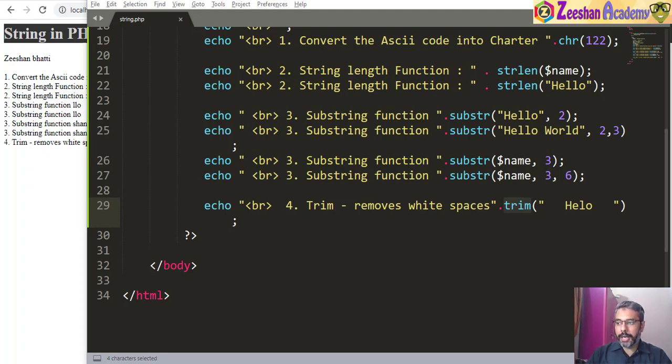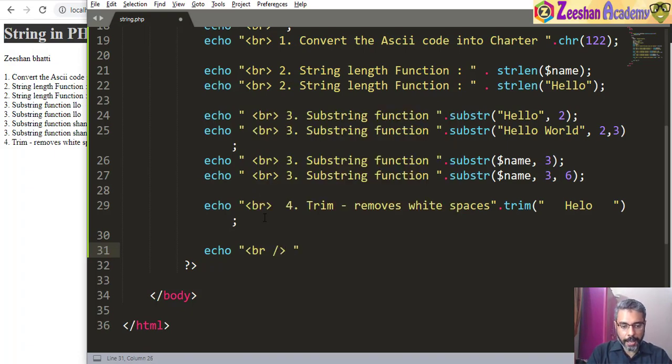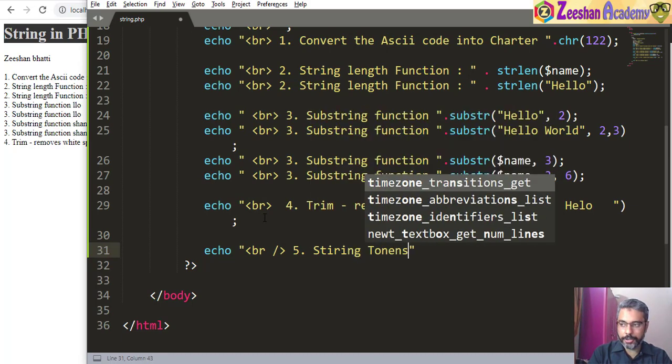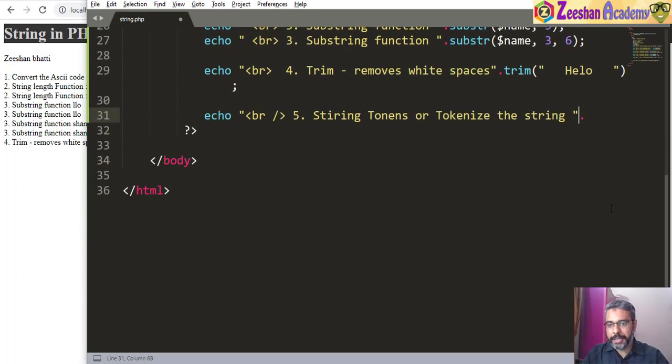Okay. Similarly, there is a method called string tokenization. This is again a cool method that we tend to use a lot through online materials. The fifth method is string tokens, or what we call tokenize the string. What we do is we use a dot operator, and then with that